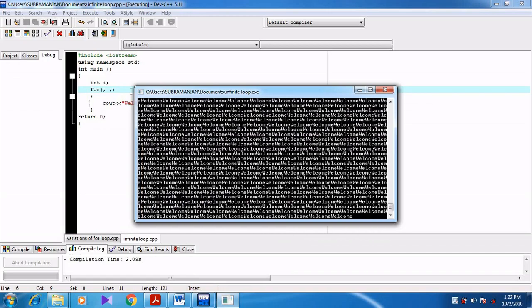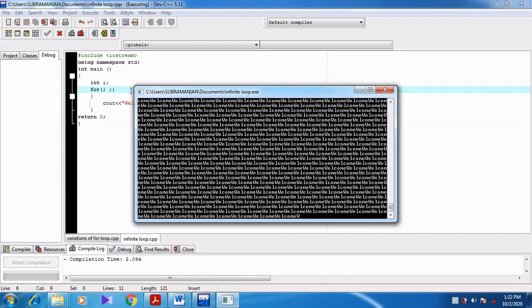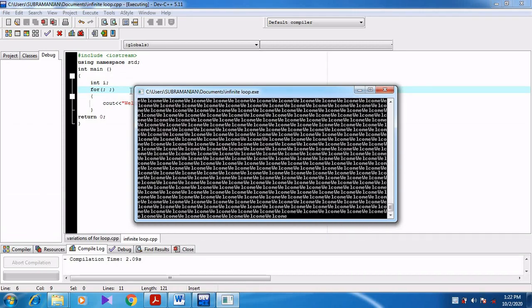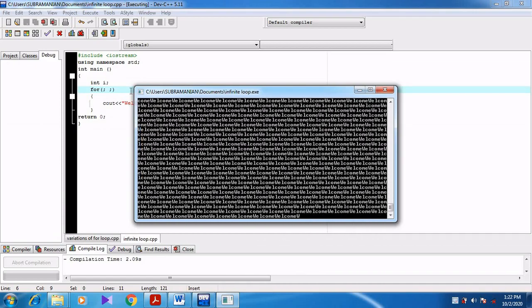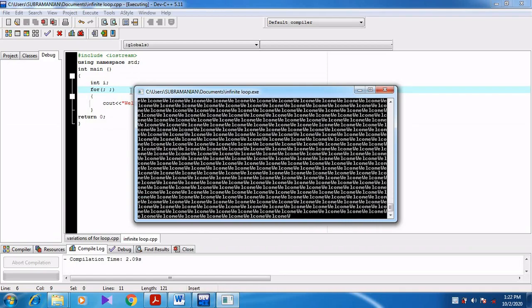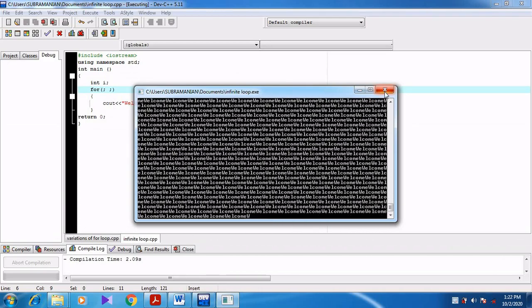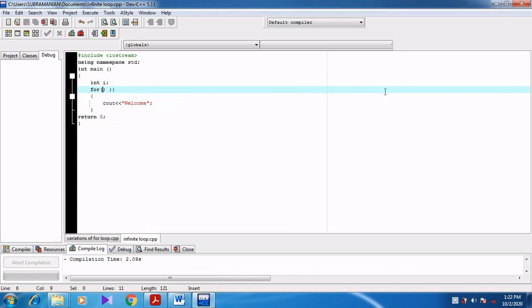In the previous video we discussed that in the for loop, all the three statements, that is initialization, condition and updation, are optional. The same thing we have given here. The three parts are given in an optional manner. So when the three parts are not given, then it forms an infinite loop. Can you understand, students?